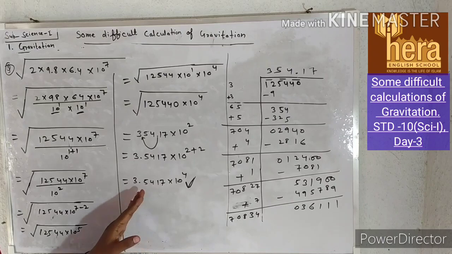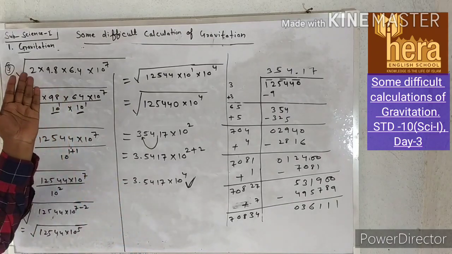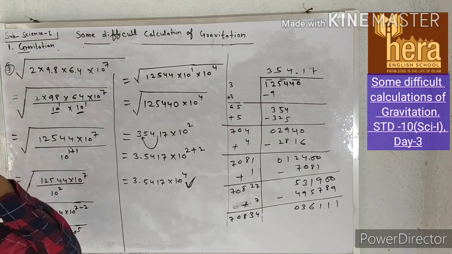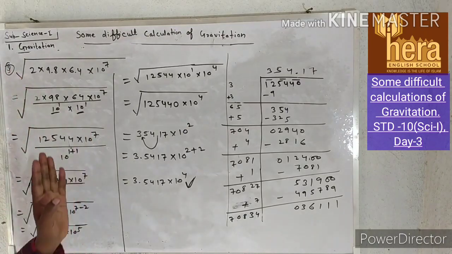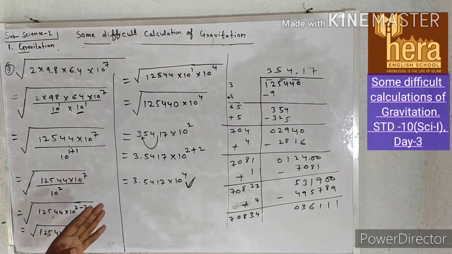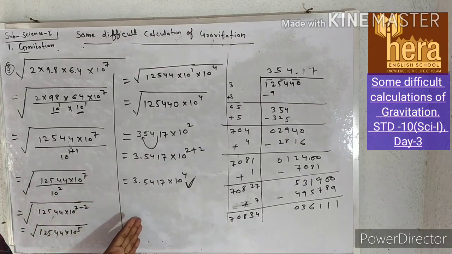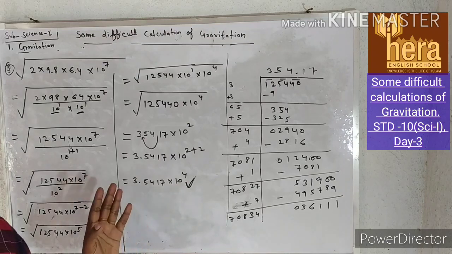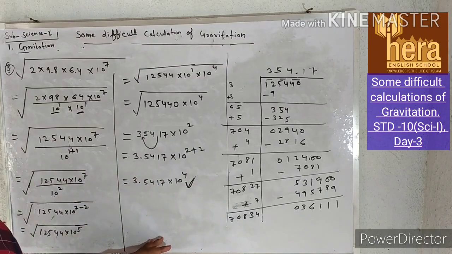See, in the previous lecture we had seen how to write a number in scientific notation. So this will help you a lot in gravitation and in space mission, that is chapter number 10. So in the next lecture I will start the basics of chemistry. Okay, at least 3 or 4 lectures will be there in basics of chemistry. Then we will come to the first chapter, that is gravitation.